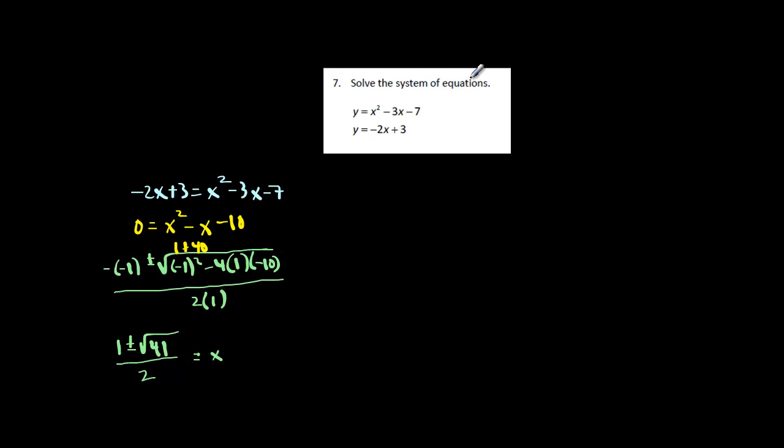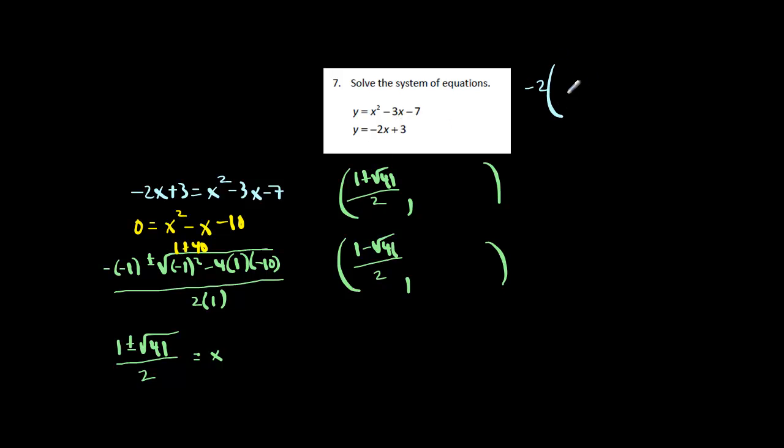Remember, you're solving a system of equations. Your answers are coordinates. You're not just solving for the solutions for x. So we have two answers for x. One of them is 1 plus root 41 over 2, and the other one is 1 minus root 41 over 2. So we need to find out what the y's are when x is this. So let's plug in x for x here. So negative 2 times x